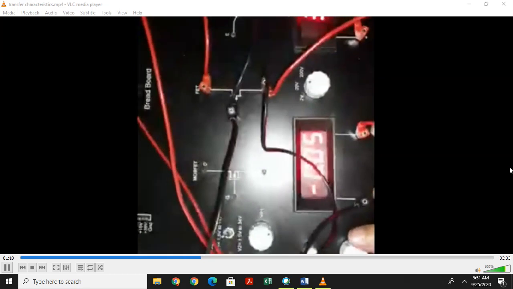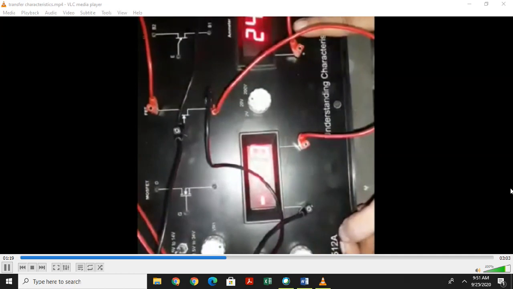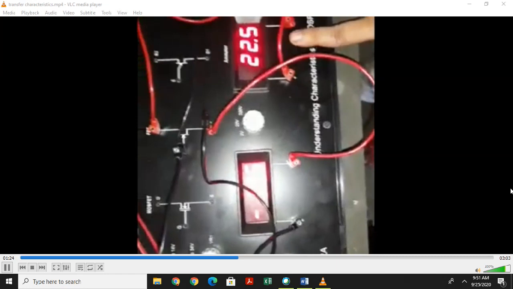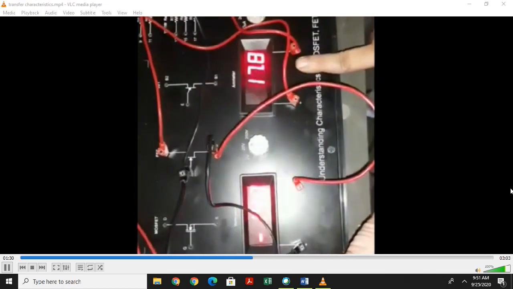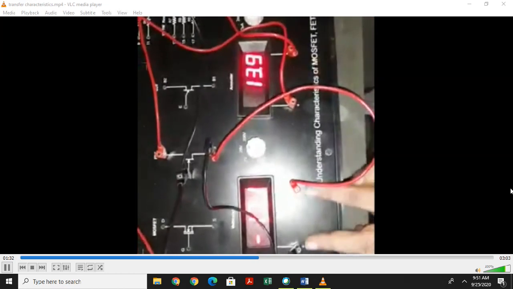This is the connection for the transfer characteristic, and we give a constant 3 volt supply for VDS. Then we change this connection to the gate point, and increase the voltage across VGS and note the value of VGS and the corresponding value of ID.